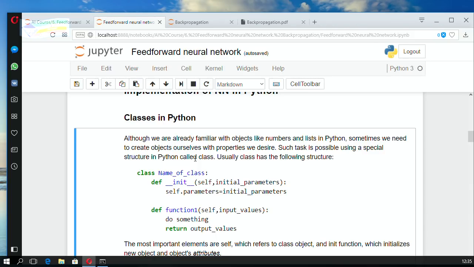That's when we introduce classes. Each class can be defined using the function def __init__, and then we can add some new functions which will do something new. For example, if we want to create a class called triangle,